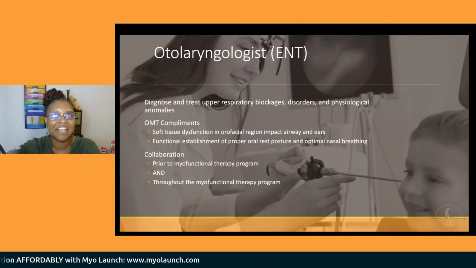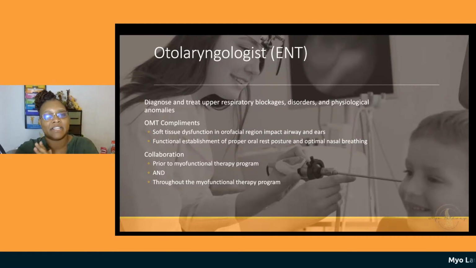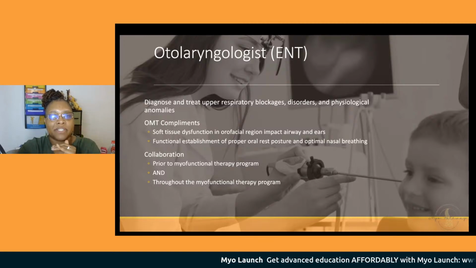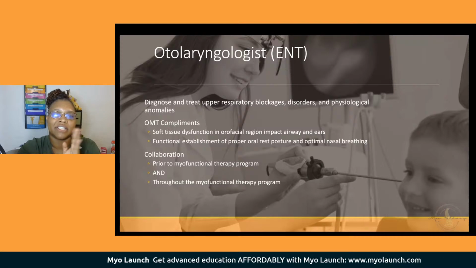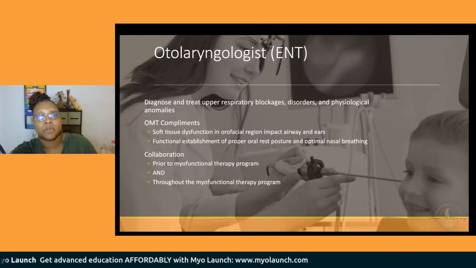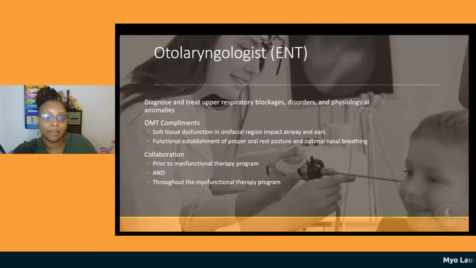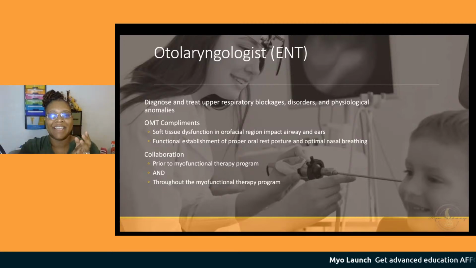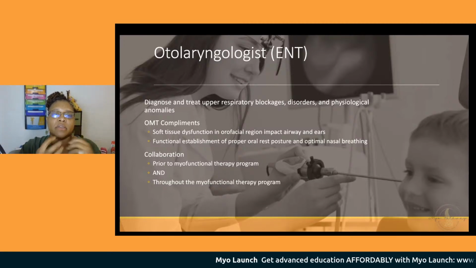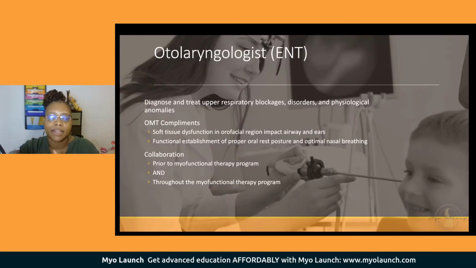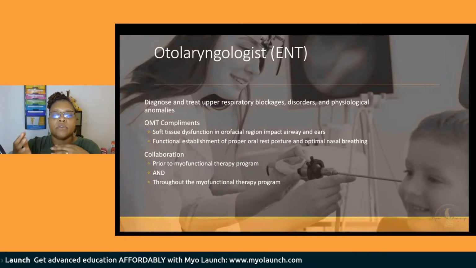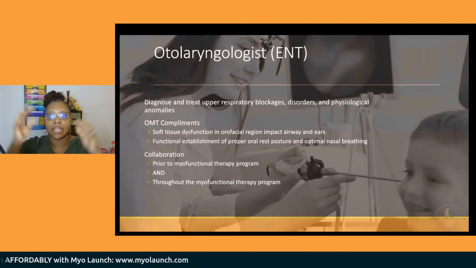And ENT, so ENT specifically, the slide followed the sleep physician because that's technically the order that I always do. But an otolaryngologist, or an ENT, which everybody prefers to say over otolaryngologist, is going to diagnose and treat upper respiratory blockages, disorders, and physiological anomalies in the ear, nose, throat space. OMT complements ENT very well, because we're dealing with the soft tissue dysfunction in the same way that I explained with the sleep physician. So I want you to understand that ENT is not like a